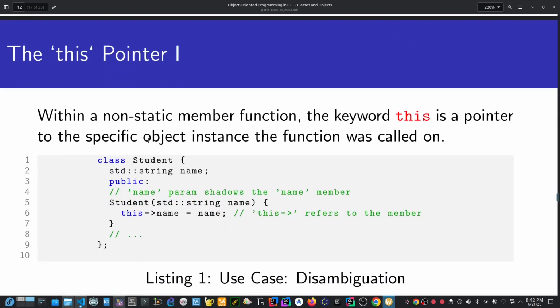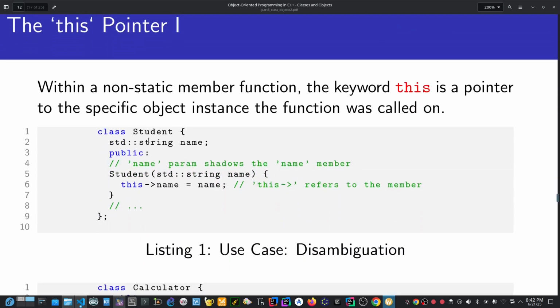So you also have the this pointer here. The this pointer within a non-static member function is a pointer to the specific object instance the function was called on. Then we don't use a dot operator. We use the arrow sign as you see here. That means this refers to the member of that object. So when you want to use this, you don't use the dot operator